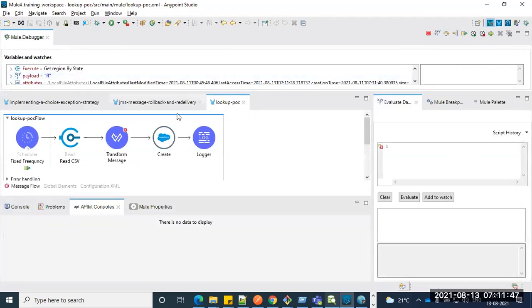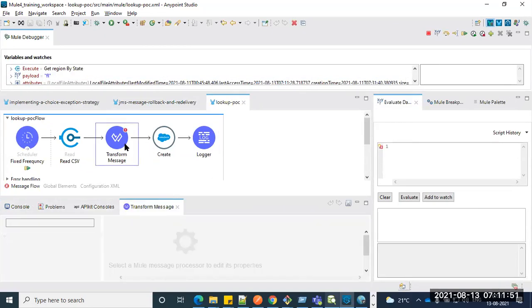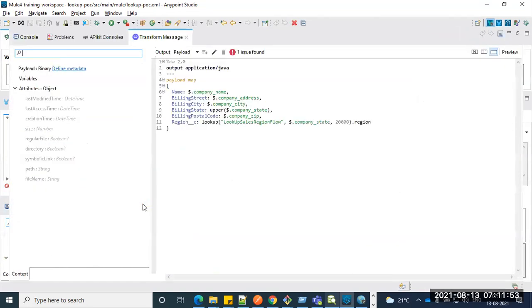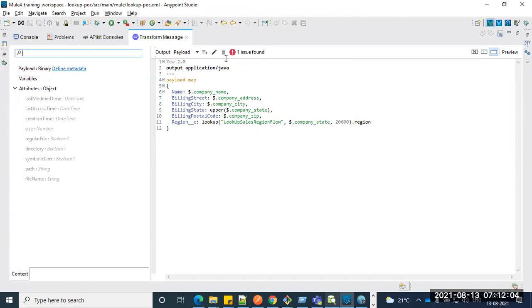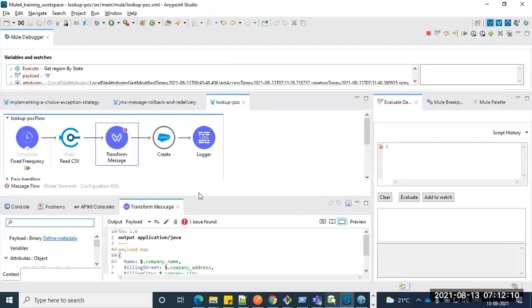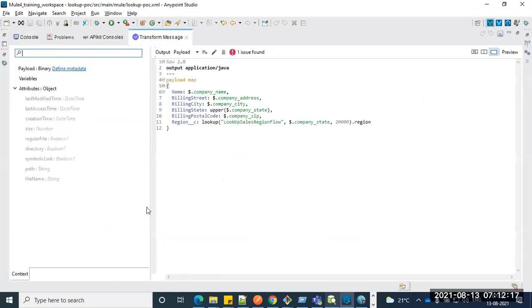Okay, thank you. And also, right here in the transform message, some error is showing, right? Actually, why is that error coming? Even I can see one issue found, right? Yeah, you can ignore it actually. It's showing the syntax itself, right? We can ignore it. It's kind of a compilation issue sometimes in the transformation, right? It will automatically go away. But when your deployment is failing, then you have to take care to work on it actually.